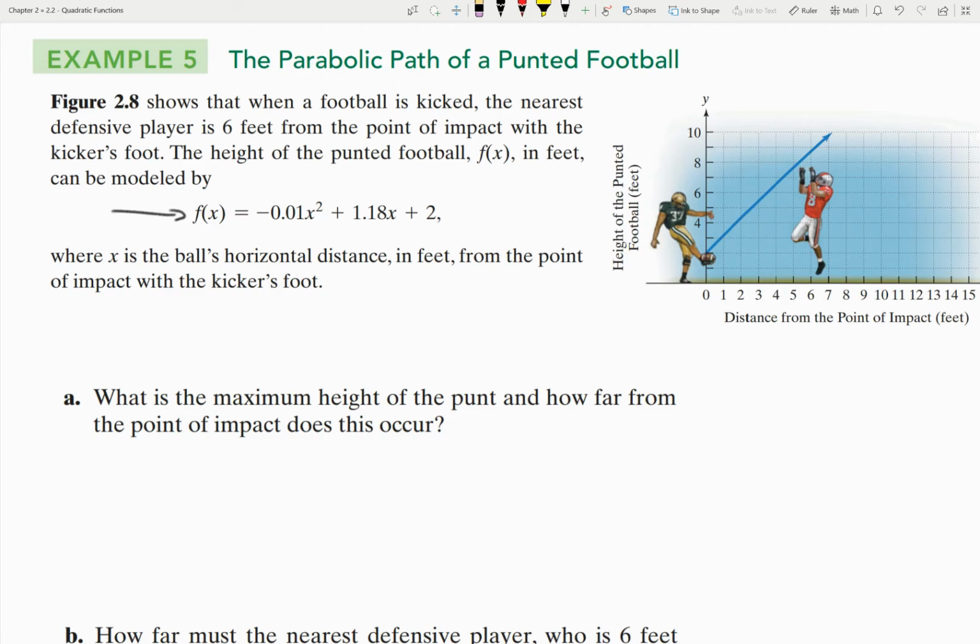Okay, so the maximum height, where does it happen? It happens in a parabola at the vertex. So x is going to be negative b over 2a. So that's negative 1.18 over 2 times negative 0.01. Okay, you are going to need a calculator for this, but if we calculate that, the negative and the negative cancel each other out, and we get about 59. Okay. Then,